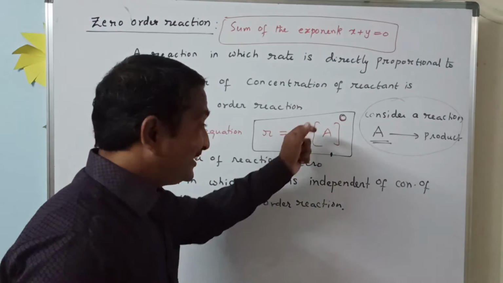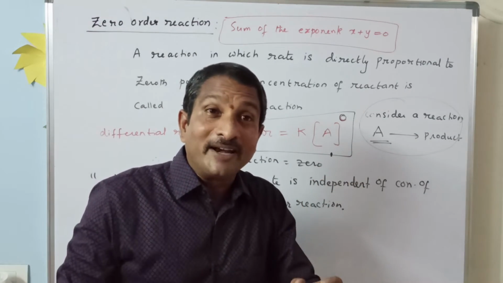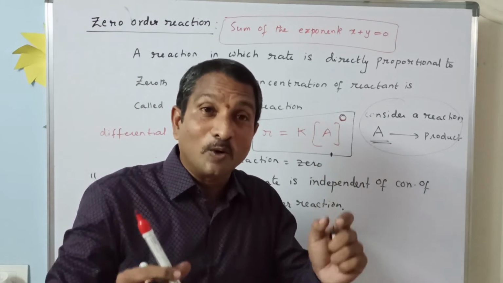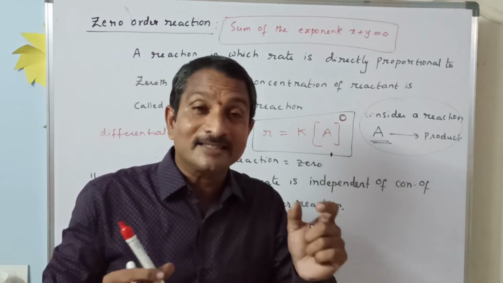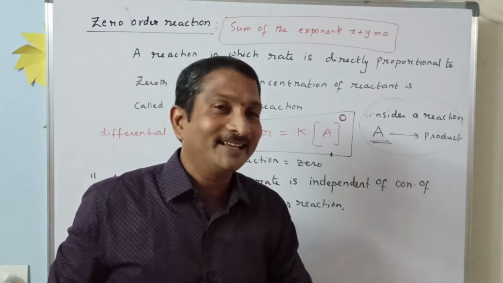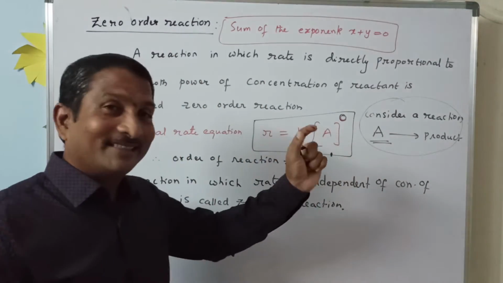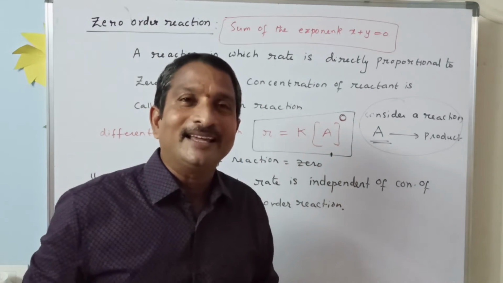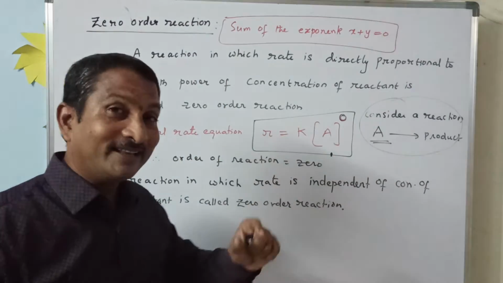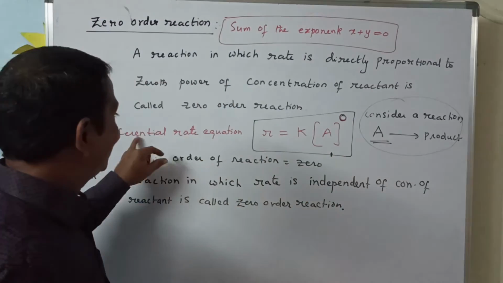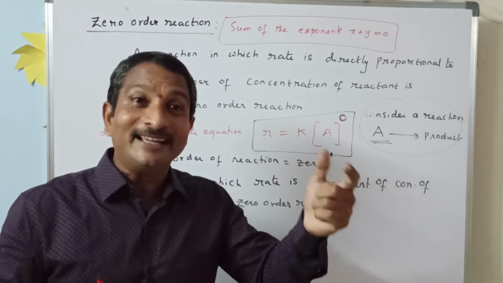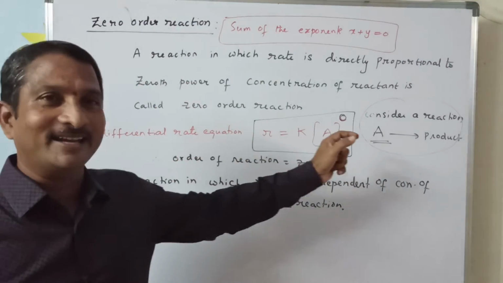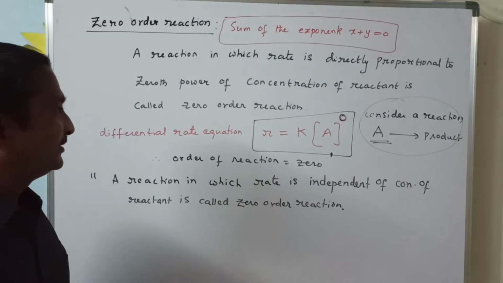This equation describes the dependence of rate on concentration of reactants only in a time interval. It cannot explain the dependence of rate on concentration of reactants at any time t. How can we find that? That is given only by the integrated rate equation. To find that, we should convert this differential rate equation into integral rate equation. How can we write the integral rate equation for zero order reaction? Okay, note down fast.